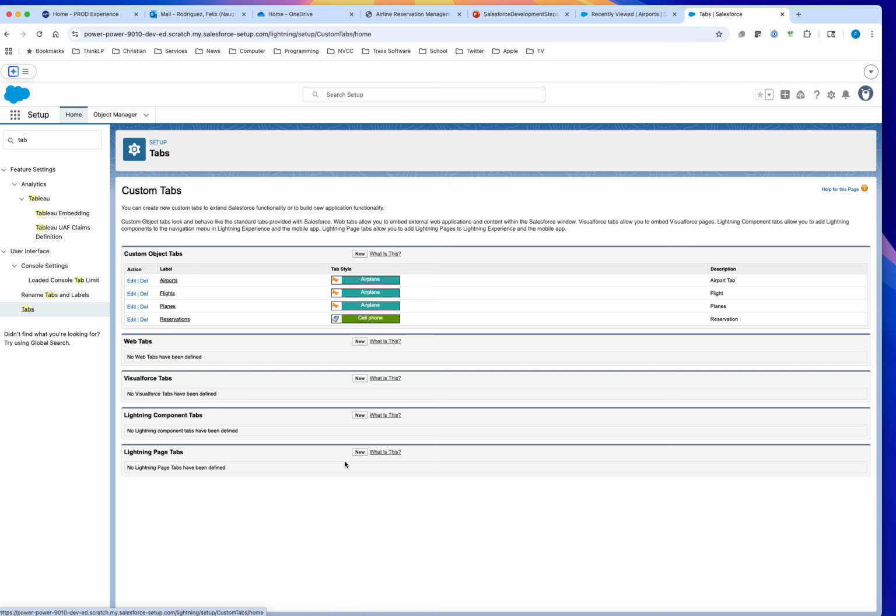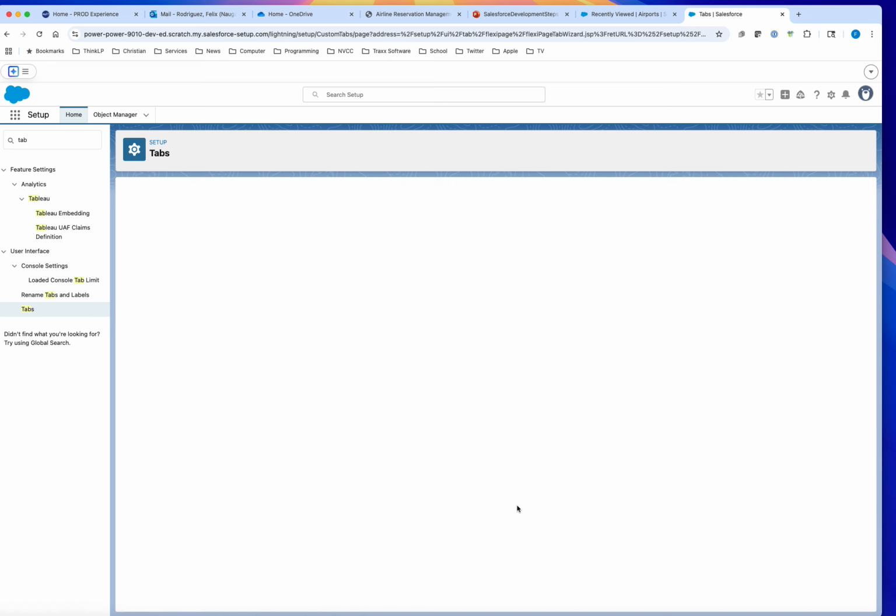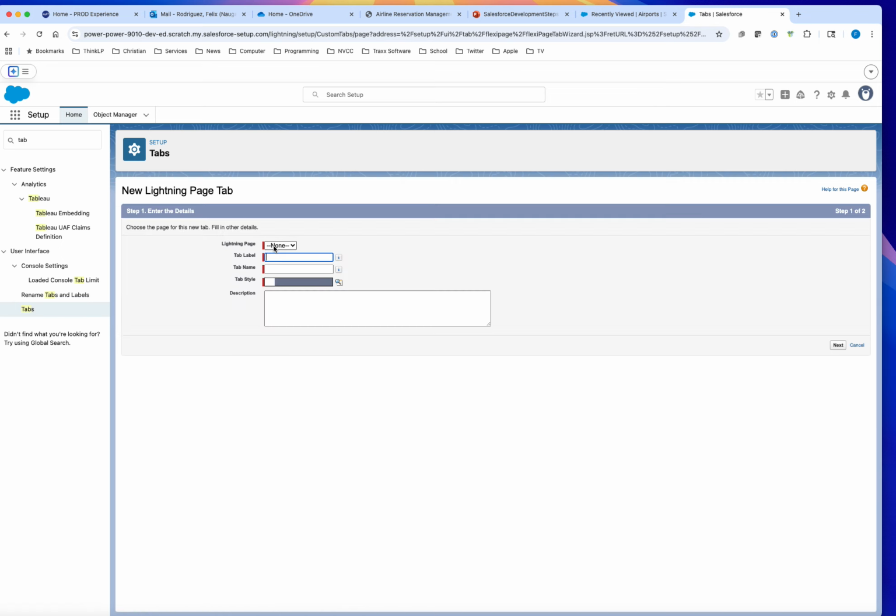Yeah, Lightning Page tab. So I think here we're going to have to create our Lightning Page tab. Lightning page is not appearing as a tab. So what does it appear as? Okay, so if it's not a tab,